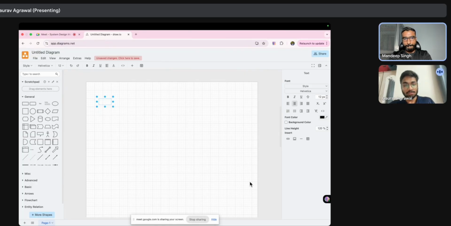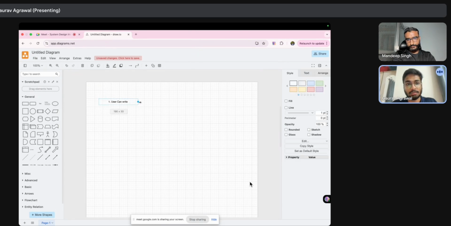Okay, sure. So I'll write some basic features or functionalities that could be there in the comment system. Let me know where I need to add on or where we can modify. So first, the main functionality is that a user can write a comment on a post.